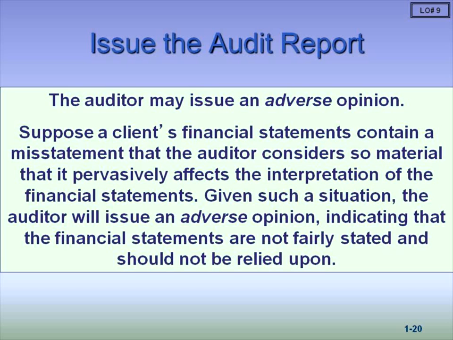In our report, there are 4 paragraphs, and you need to make sure you know this. The 4 paragraphs in a standard unqualified report are the introductory paragraph, the scope of the audit, so we would have a scope paragraph to explain what we did and what we did not do, then the opinion paragraph, and then an explanatory paragraph referring to the internal control. Now, there are audits where the 4th paragraph, explaining what we thought about the internal controls, will be in a separate letter. 9 times out of 10, it will be in the same letter.